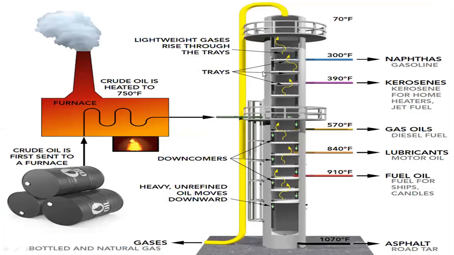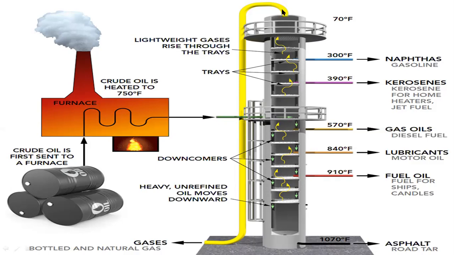And this is how it physically looks. You have crude oil coming from different refineries or different places, either through ships or through ONGC, or offshore and onshore crude. It is made to pass through the furnace, where it is heated up to 750 degrees Fahrenheit, and the feed is injected at the middle of the tower, and then your liquid keeps coming down, and the vapor, in yellow, keeps going up.